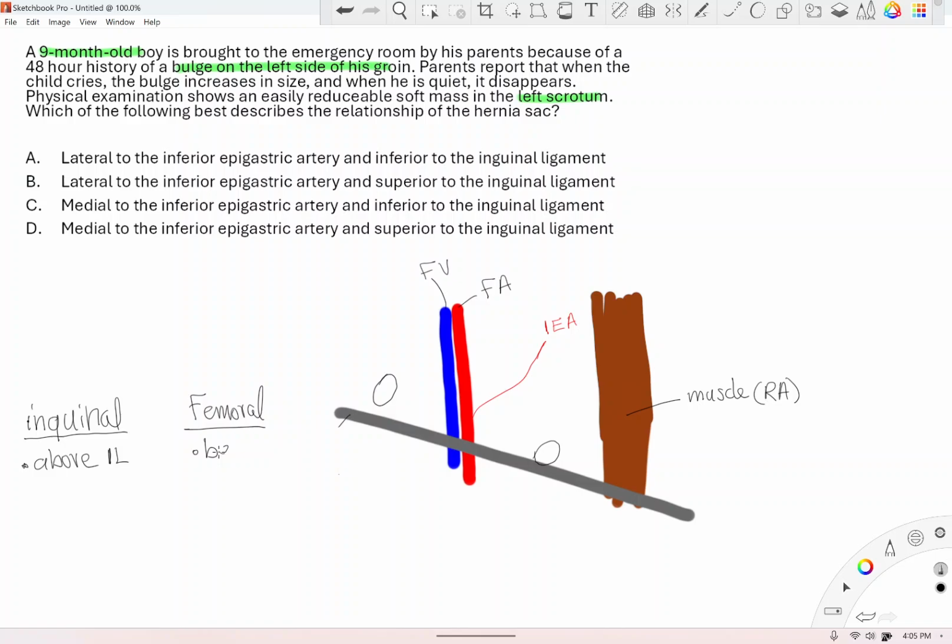I'll put yellow area. Let's see. Let's color this yellow. So this is the area of femoral hernia. Okay, this is the area